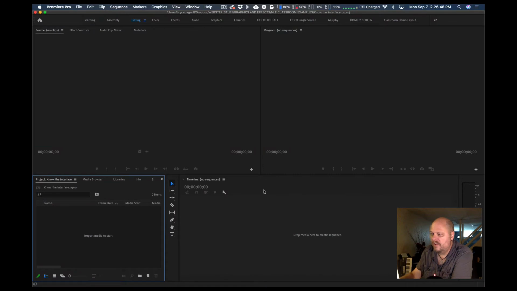This is sort of the default layout screen. So we're going to look at it this way before we tinker with it, because anytime you look up a tutorial online or whatever, it's almost always going to be laid out this way, because a lot of people have stayed with the sort of design that they give you and the number of tabs and all that kind of stuff. I like to change it a little bit and thin it out, and I'm going to show you how to do that,